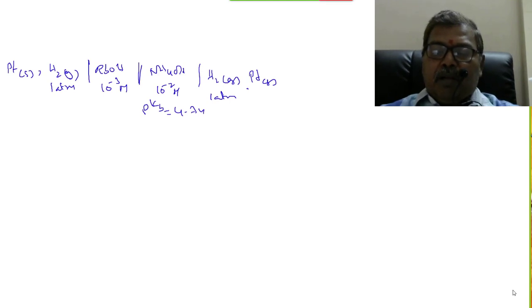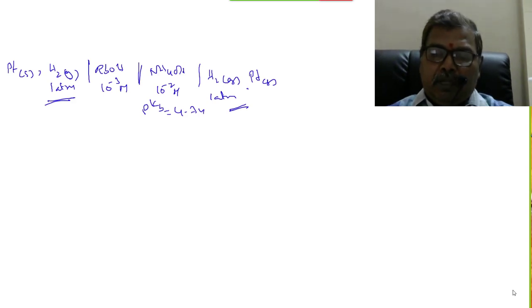So in this problem also, the active masses of hydrogen gas in both the anode half cell and cathode half cell are one only, so there is no need to take them. Just use E cell equal to 0.059